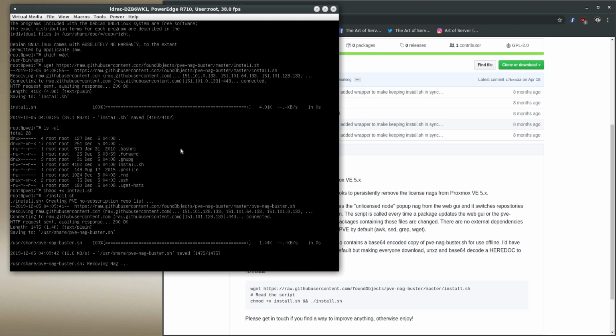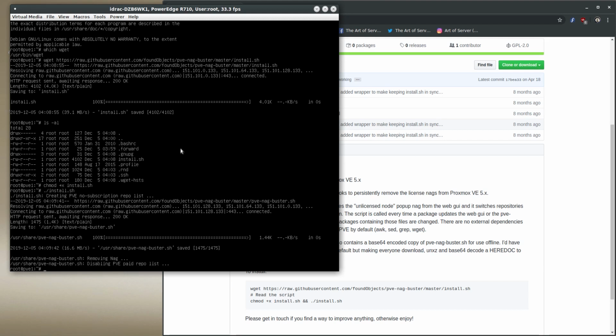Okay, so one of the things that, like I had mentioned earlier, the first thing it's going to do is remove the nagging pop-up by editing a JavaScript file. And then the second thing it's going to do is change the repository configuration. So just to show you what that actually is, I'll show you where it's making that